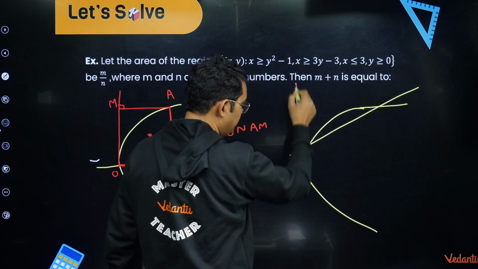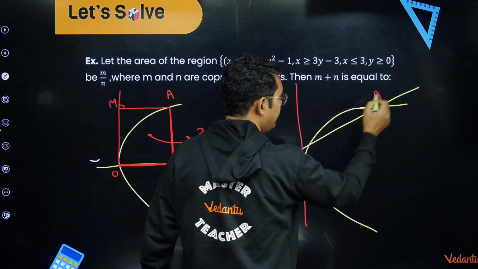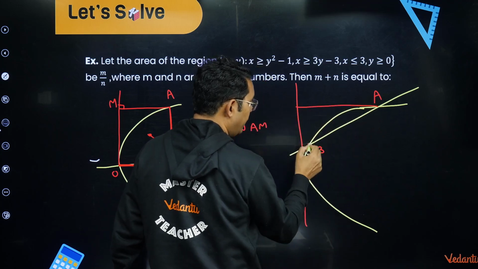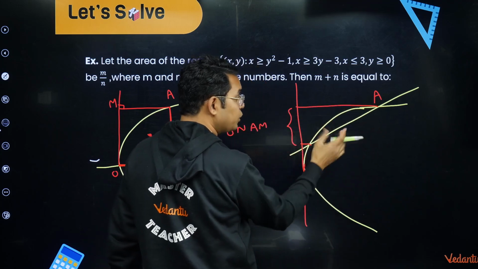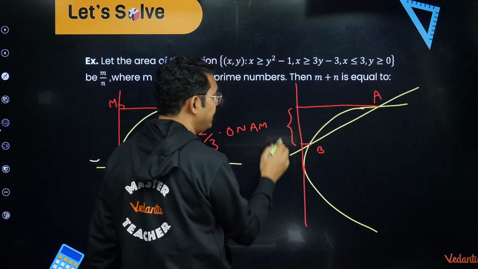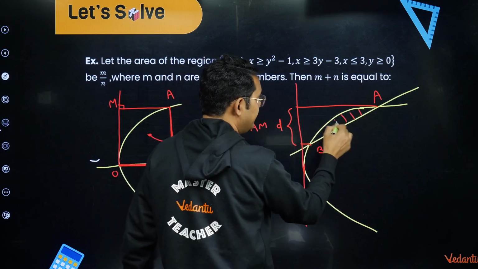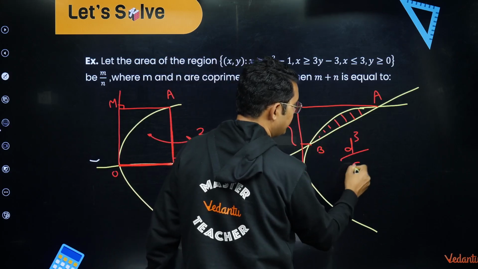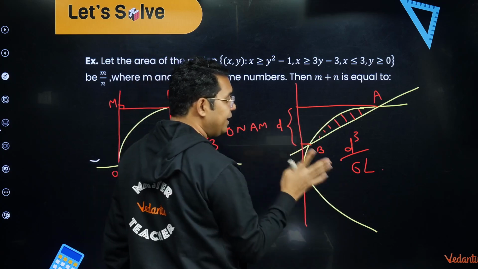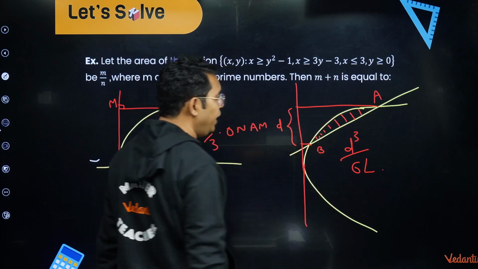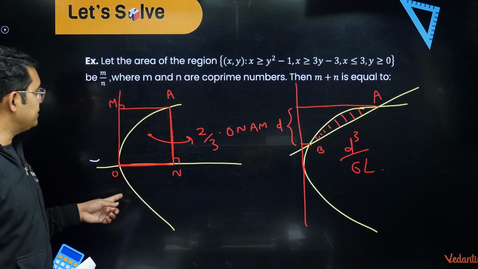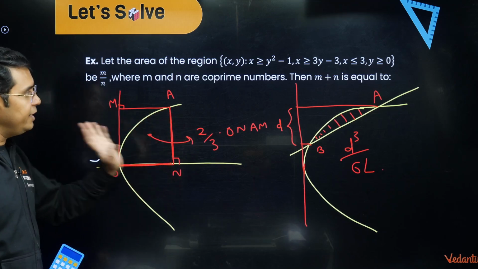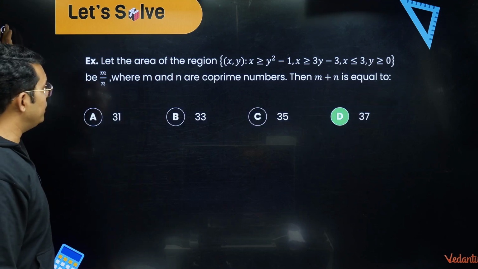Suppose this is the tangent at vertex and this is a line that is meeting this parabola at 2 points A and B, then we drop perpendiculars from A and B, and we call the projection of AB over this tangent at vertex D. Then the area between this secant AB and the parabola is D cube upon 6L. D is this projection length, L is latus rectum. This also gives you area in many questions, although in this case if you need you can do it, but I will still say 2/3 of this rectangle is much faster than anything else. The answer of this question is 37.